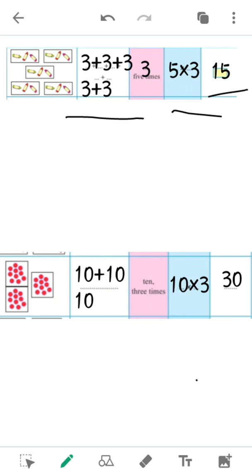Okay. Next example is, there are 3 boxes, each have 10 beads. How many beads? 10. So, if we add this 10 plus 10 plus 10, so 10 3 times. As written in multiplication way, 10 multiplied by 3. 10 threes are 30. So total number of objects is 30.